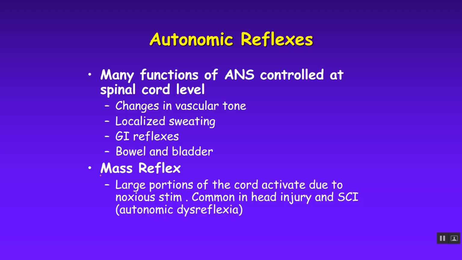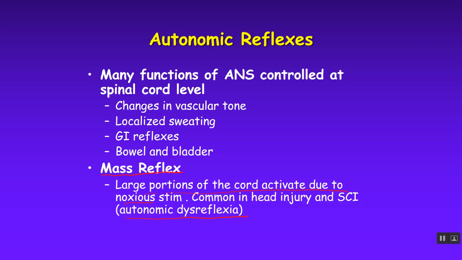We told you about the mass reflex. This is where large portions of the spinal cord activate due to noxious stimuli. This is autonomic dysreflexia we're talking about. So the term mass reflex or autonomic dysreflexia is where you get that unchecked sympathetic reflex. When you get noxious stimulation coming in, those sympathetic pathways in the T1 to L2 region, those reflexes can go haywire. Normally you do have some descending influence to keep those spinal cord reflexes, whether they're motor reflexes, stretch reflexes, or autonomic reflexes,